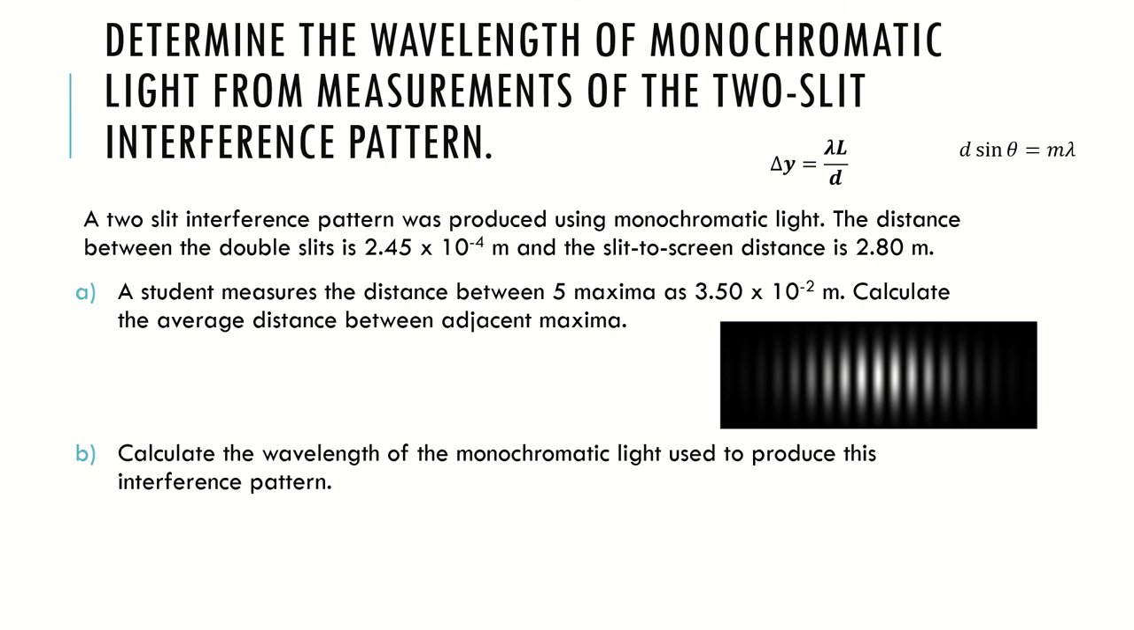So we're going to do 3 quick examples. We're going to first determine the wavelength of a monochromatic light source from measurements of the two-slit interference pattern. So here we have a two-slit interference pattern. It's produced using monochromatic light. The distance between the double slits, okay, tiny, 2.45